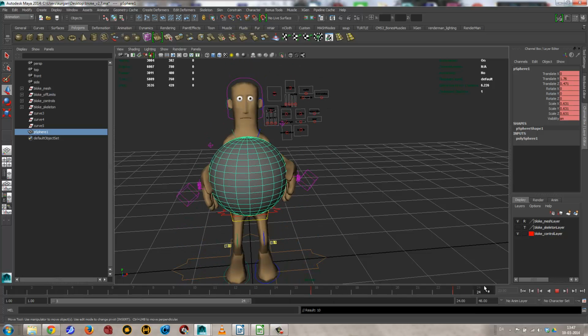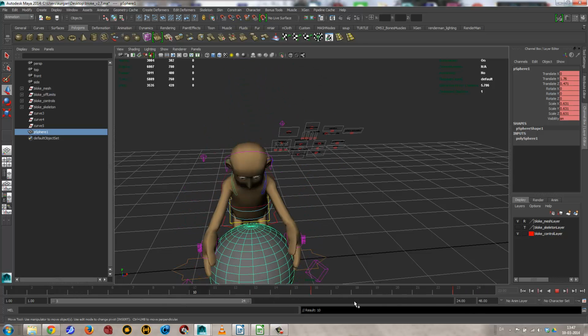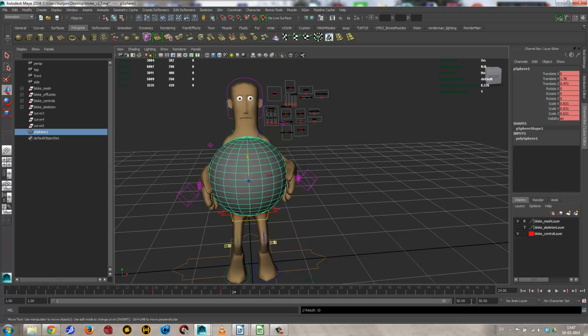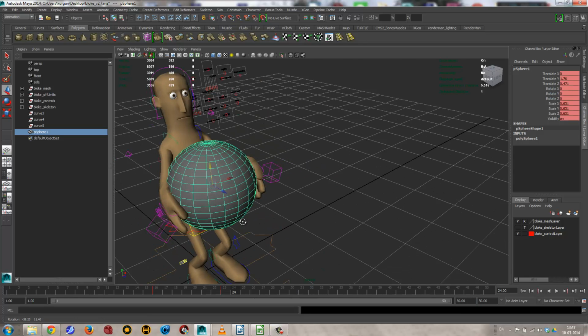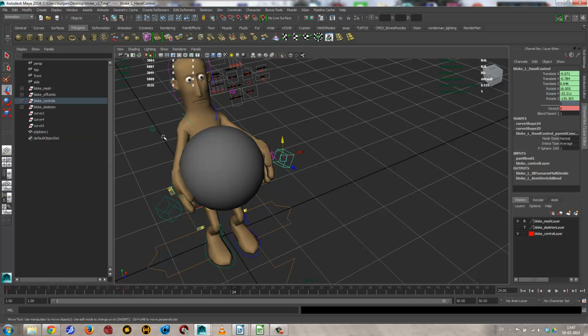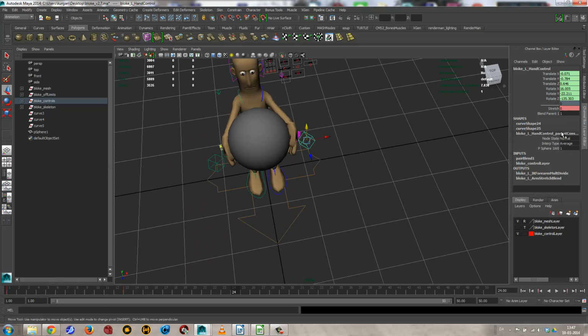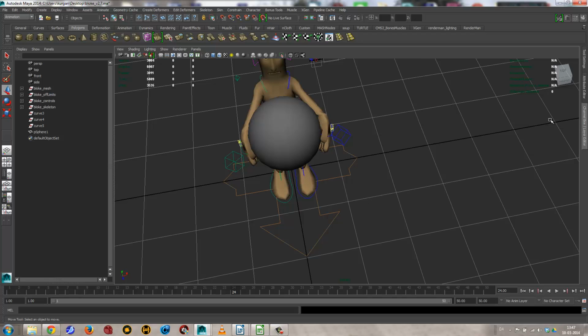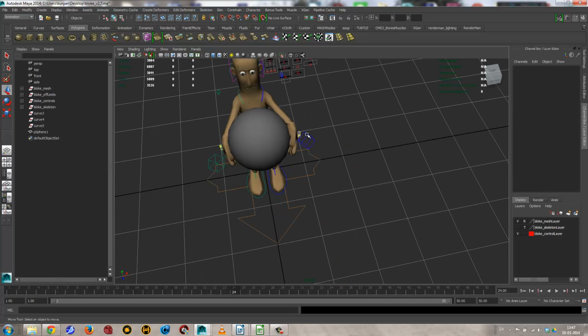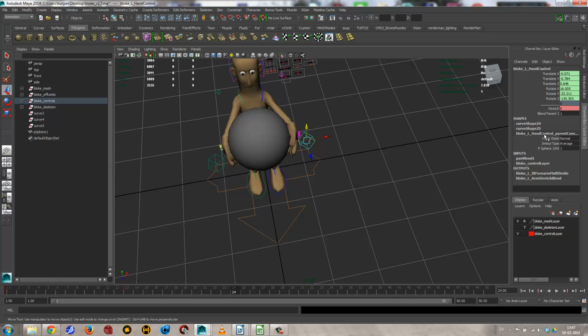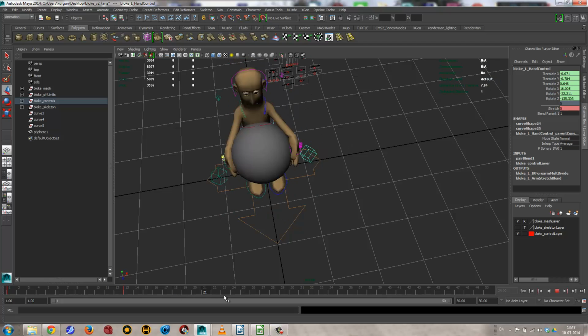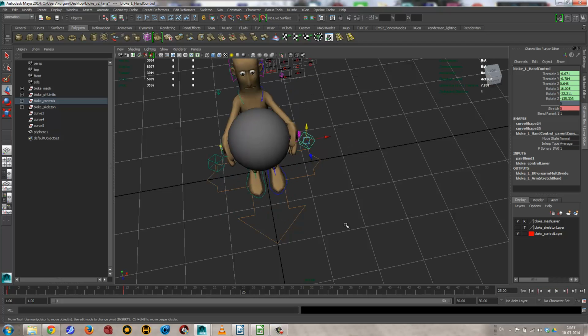So you get this, right? And then what we have done so far is we just parent constrained it. You can see that these are still in the normal hierarchy, but they're constrained to the sphere. That means that we can actually animate the constraint. So if we go to this, you can see we have this thing called parent constraint, and it has a weight of 1 here. So if we then go here and then put a key on that one,